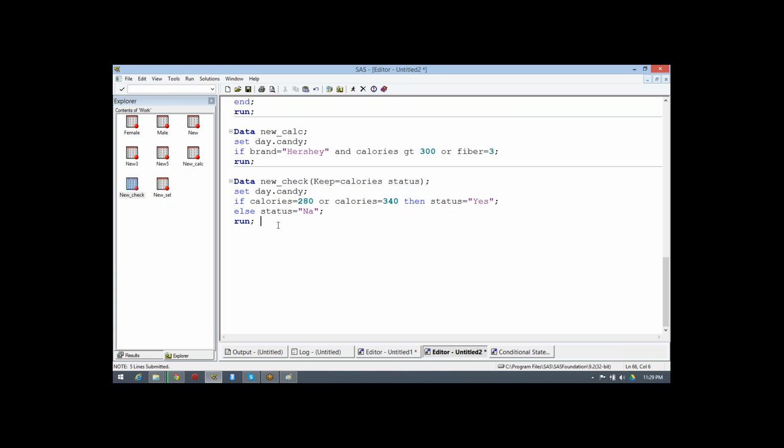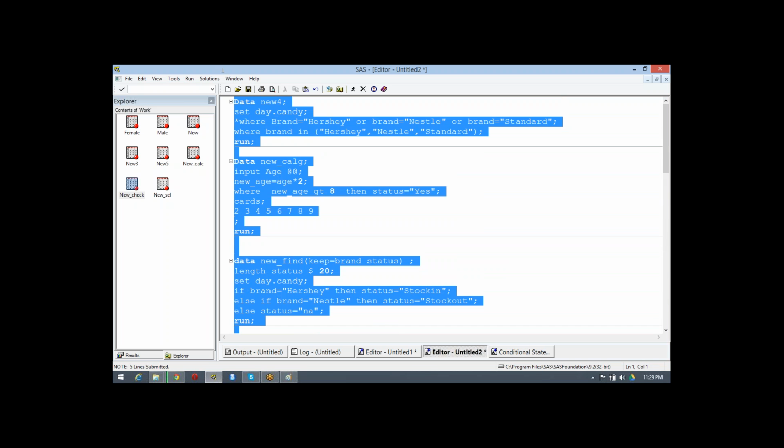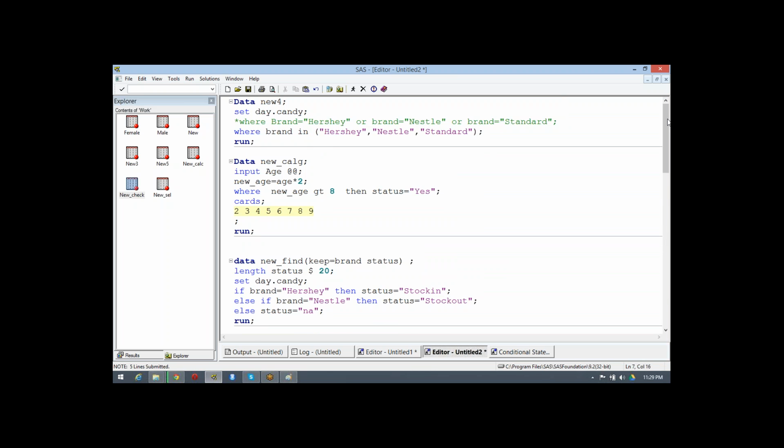So we have just gone through conditional statements. We went through if, why we use if, if else, nested if, then the contains operator. Contains always works only for characters, not for numeric.